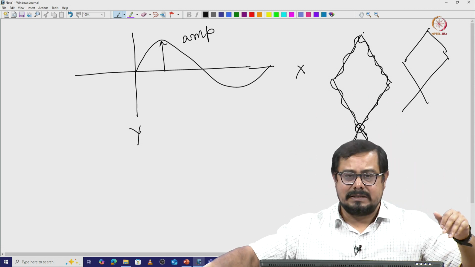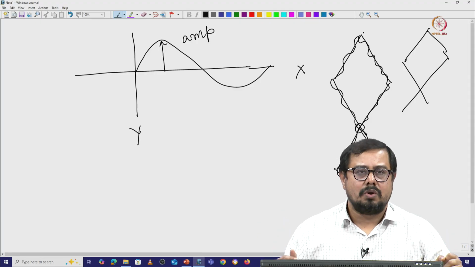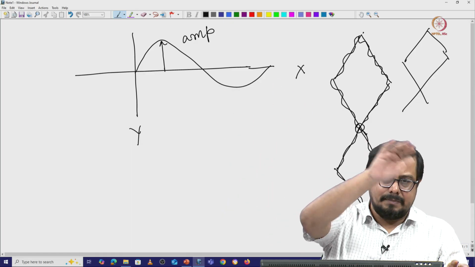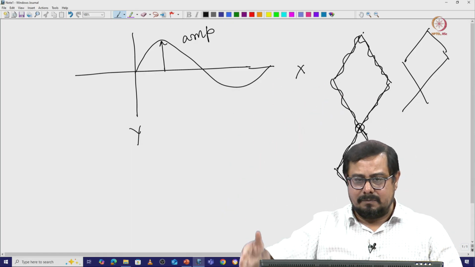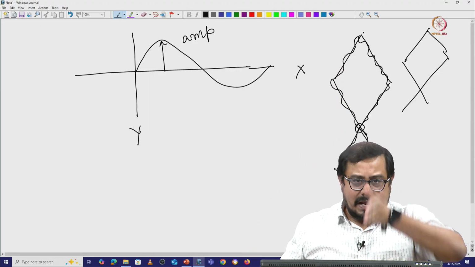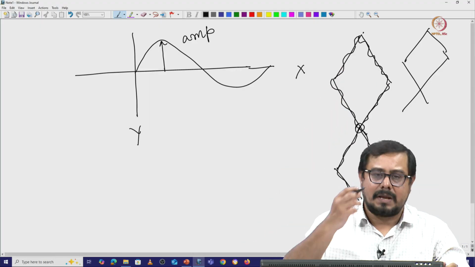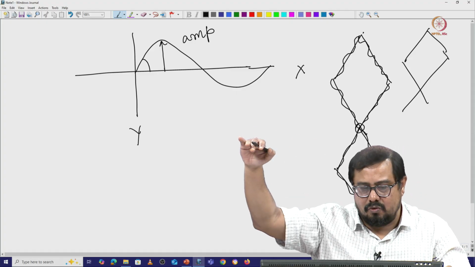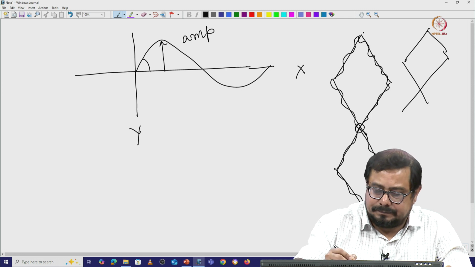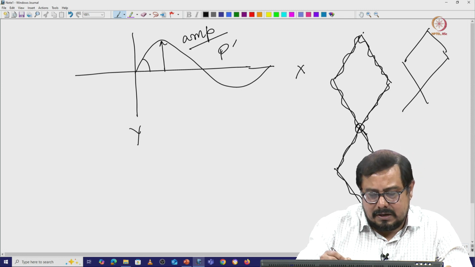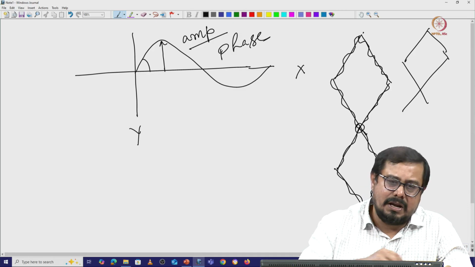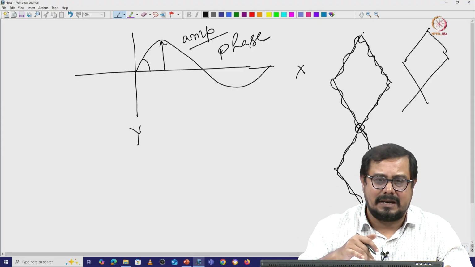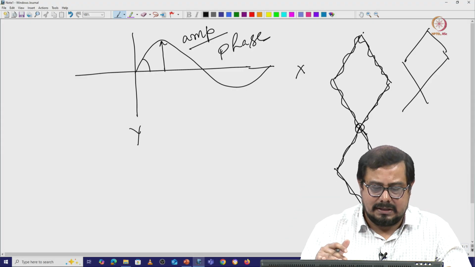So if you are standing in front of a sea, and the waves are coming, sometimes those waves' height is very high. That height, if we consider, is called the amplitude. Now the next one is the angle, what angle it is moving. That is called the phase. So amplitude is one, then next comes phase, and I already told that which direction they are going, positive or negative, through the x axis or y axis, or in between.